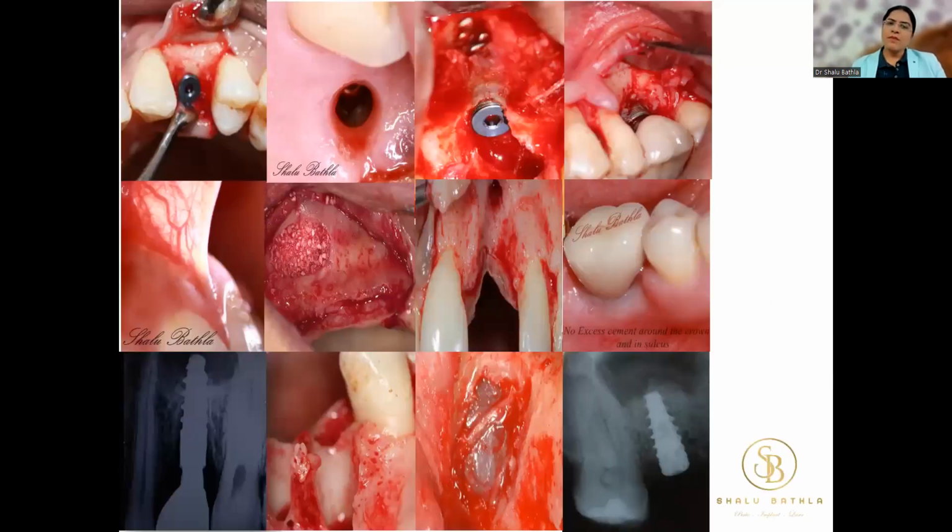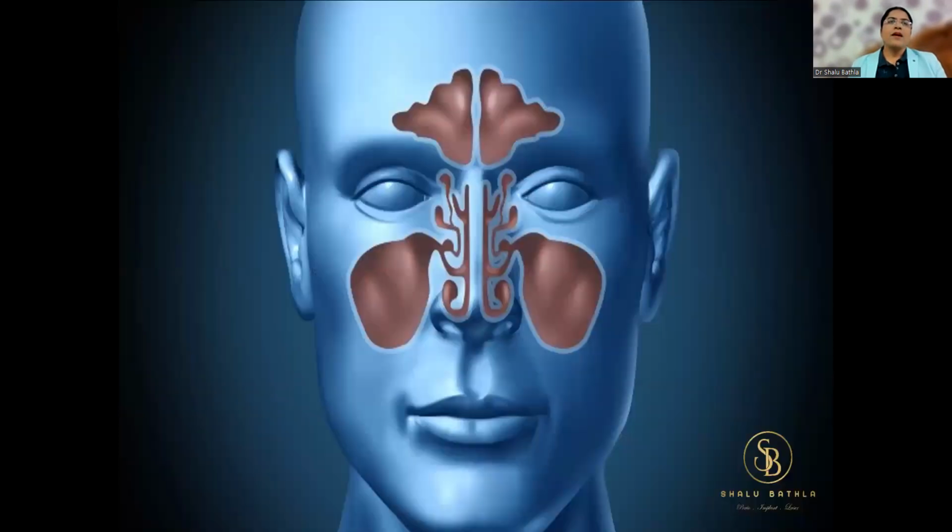So coming to the implant topic. Before starting with the implant, I would say that it's not that you just extract the tooth and put the implant. No, not at all. There's always a confusion, or rather, I should not say confusion, it's more of a notion: grade 3 mobile, okay, extract the tooth and put the implant, because first of all, saving the tooth takes a lot of time,